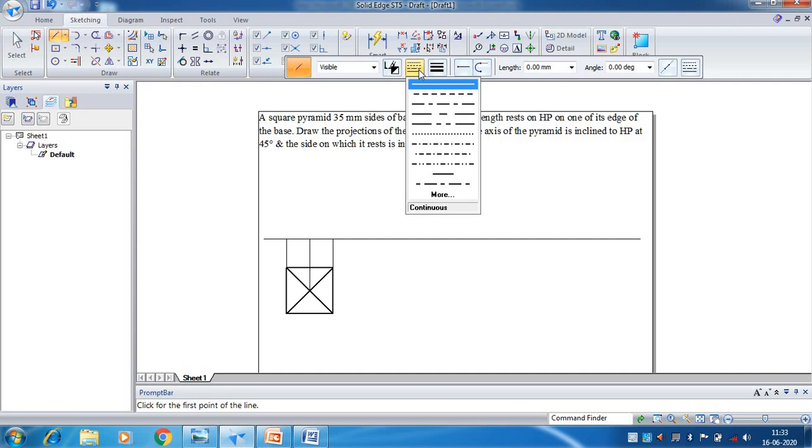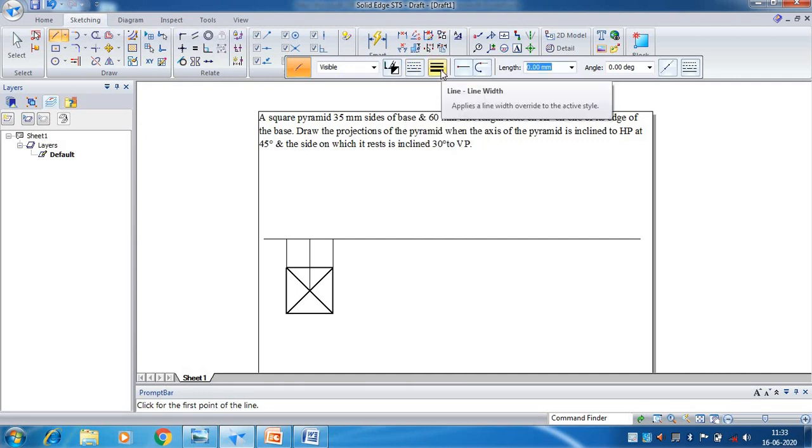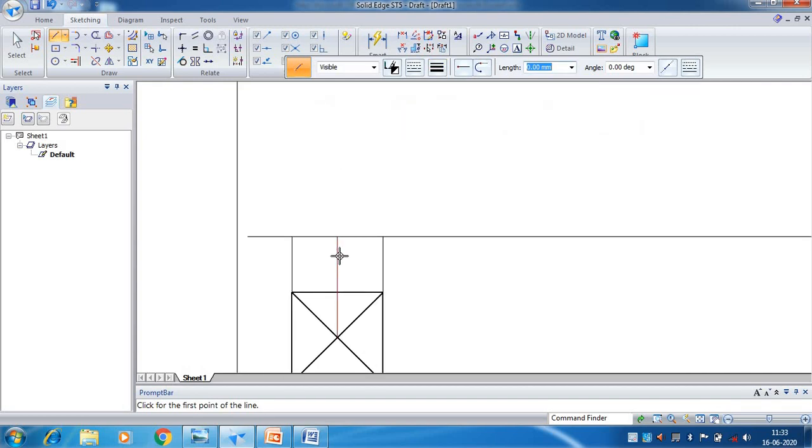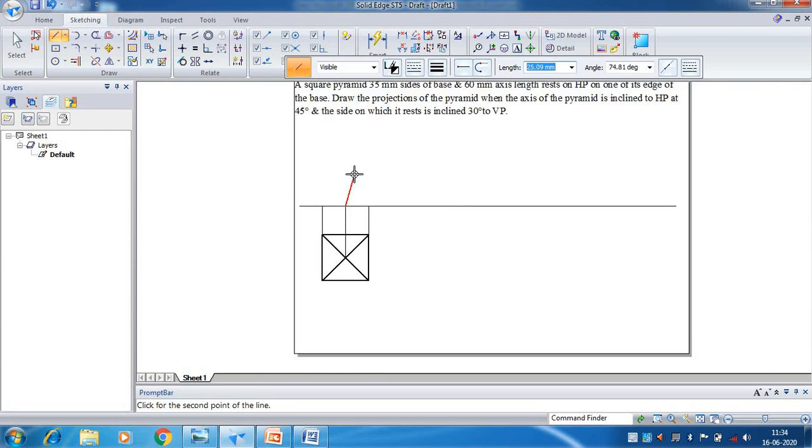Change the line type to the axis line type, that is the third option. Then change the line thickness to 0.15. Look for a line which is coming from the base center, that is, look for the end point here. Click that, then enter the length as 60 mm because the given axis length is 60 and it should be a vertical line. Look for the vertical symbol. Then to come out of that command, right click.